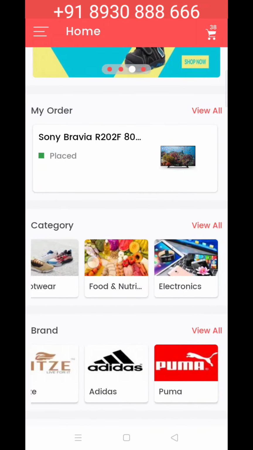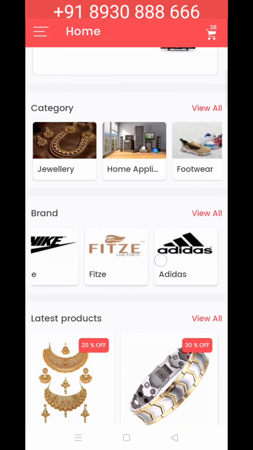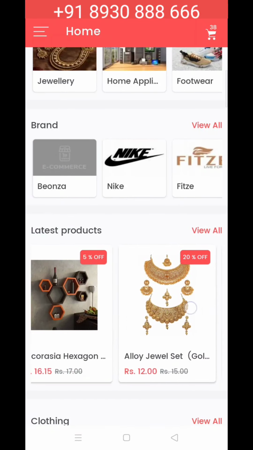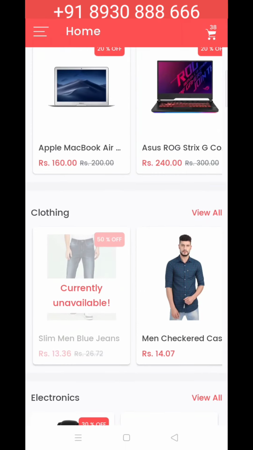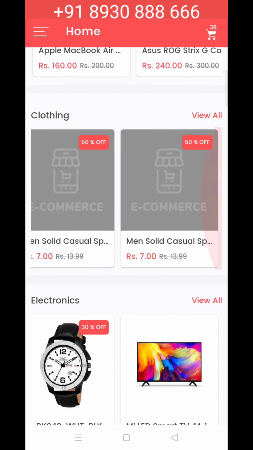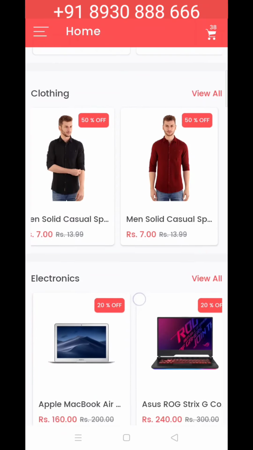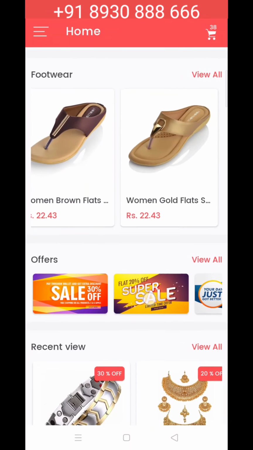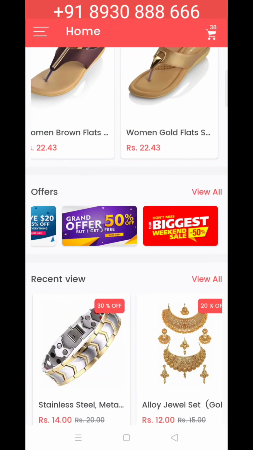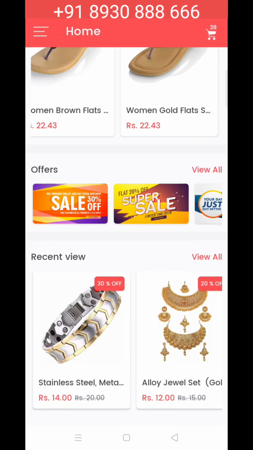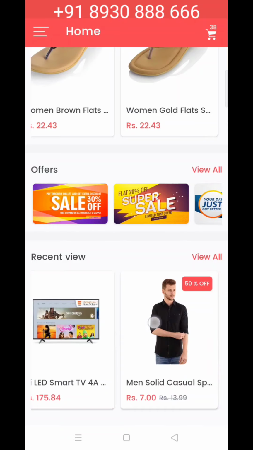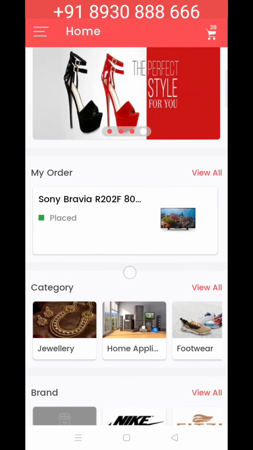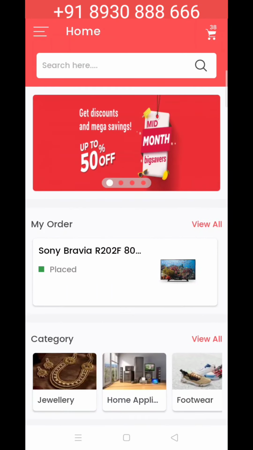If we talk about the homepage of the screen, you can list multiple product categories there, and you can list the products according to the brand's latest products, and you can also put category-wise products on the mobile application. All these things will be maintained from the backend panel, a web-based backend panel from where you can manage each and everything of your mobile application. As you can see on the screen, there are a number of categories in which the products are listed. These products are managed through the backend panel.